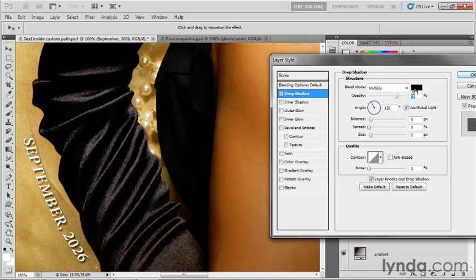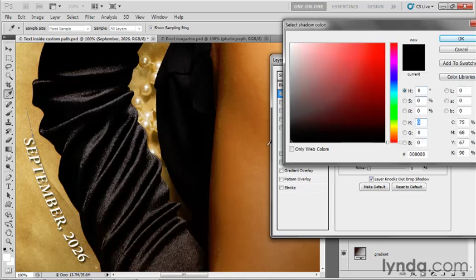However, what I'd like you to do is change the color of the drop shadow. The blend mode is fine, set to multiply. Click on the color swatch. And I actually lifted a color from the image using the eyedropper just by clicking in one of the shadow details here. But the specific value after I got done editing it that I came up with, because these values are pretty close to being right,